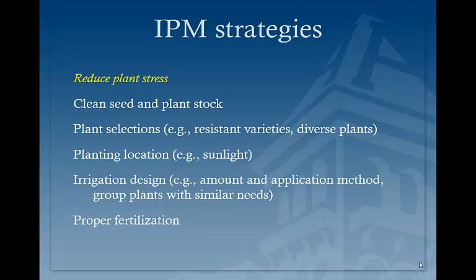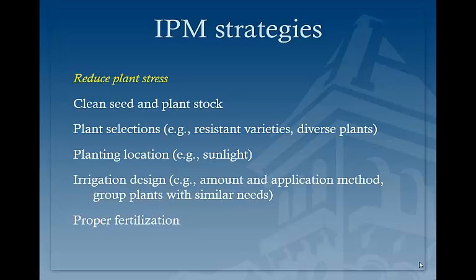The predators need alternative sources. So if it flowers once and then it goes away and predators don't have anything to feed on, they're kind of moving around to different areas. So you're not encouraging them to be in the area. So diversity is key. Planting location and irrigation design, it goes back to making sure we don't have drought-stressed plants